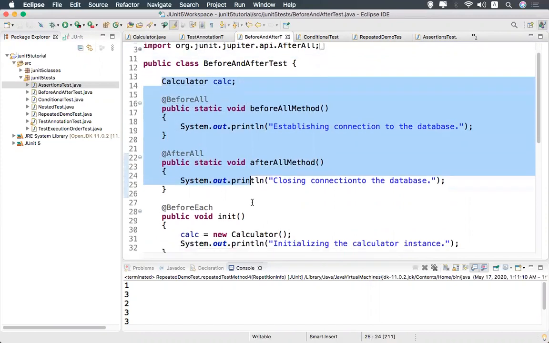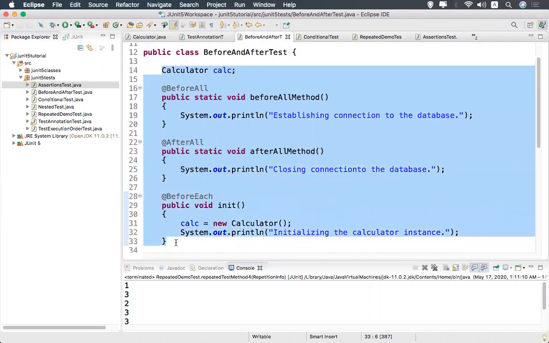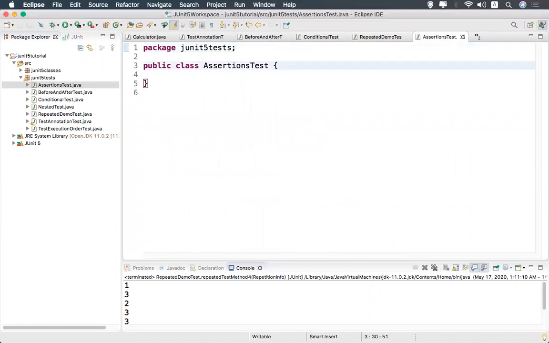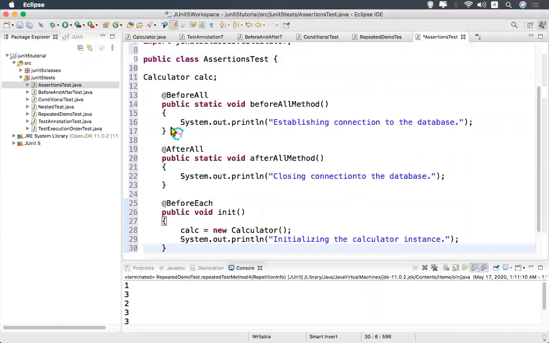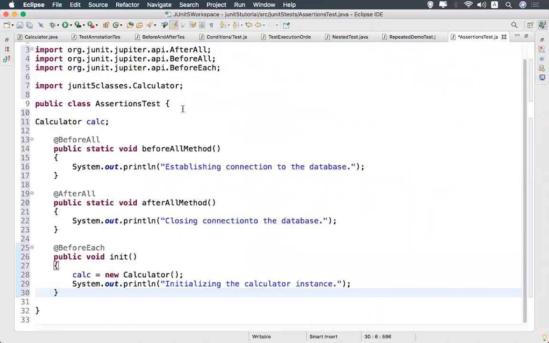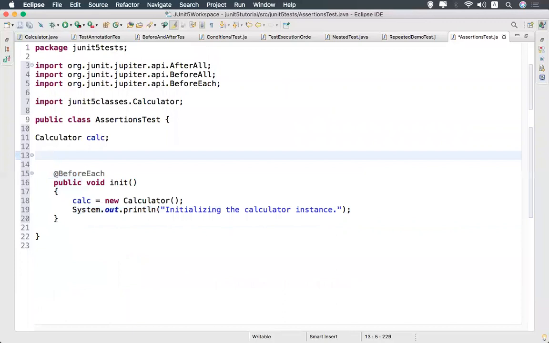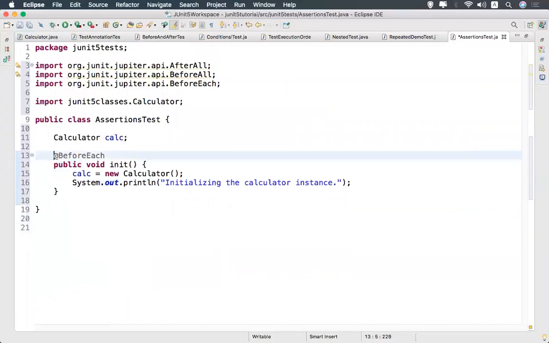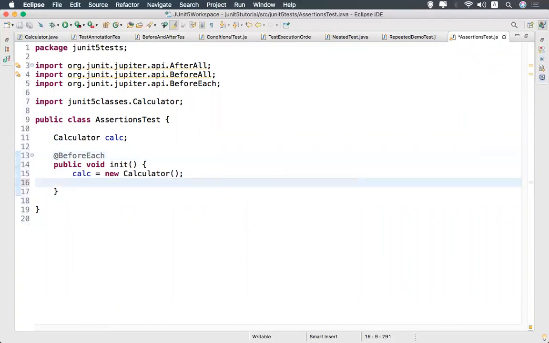I'll take @BeforeEach, and I don't need all of this, I'll remove it. I don't need these two. So I'm taking this calculator, and I don't need even this.